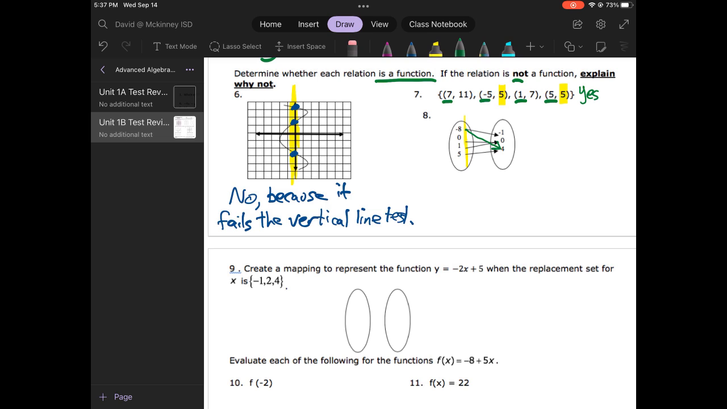This is a function. Now notice if I had 2 arrows coming from -8, one going to -1 and one going to 4, that wouldn't work. But that's not the case. And so I do have